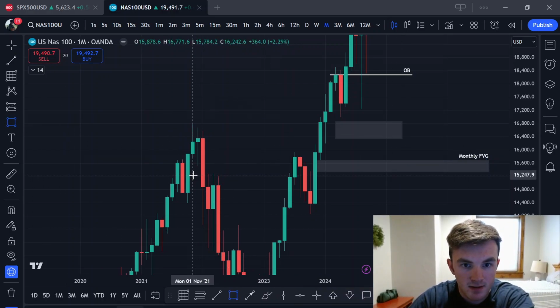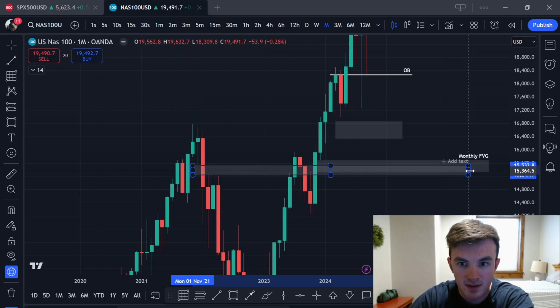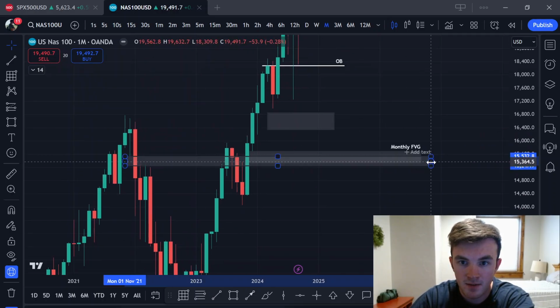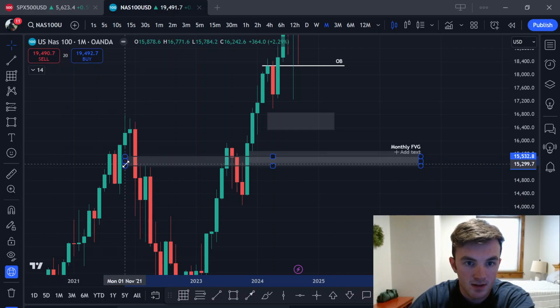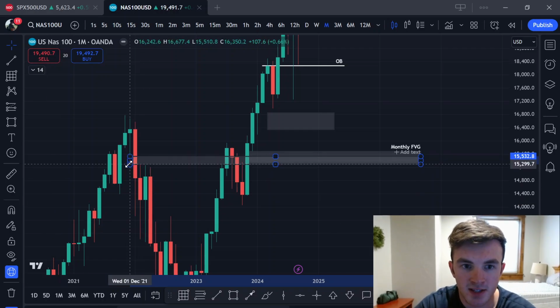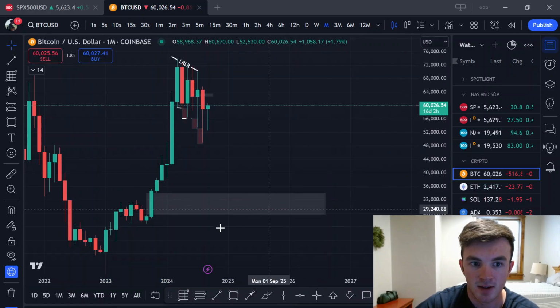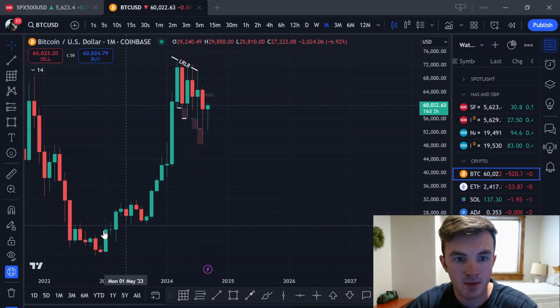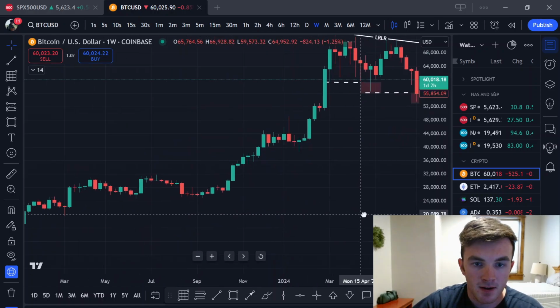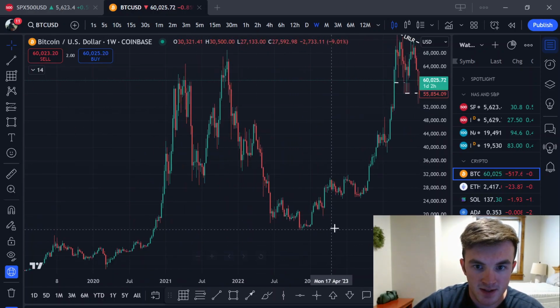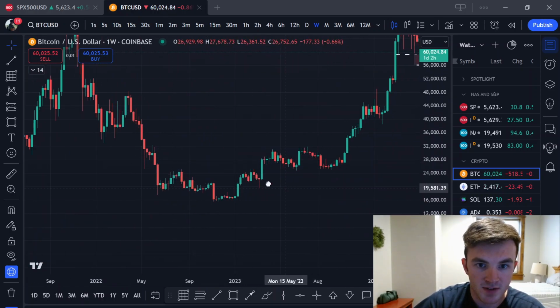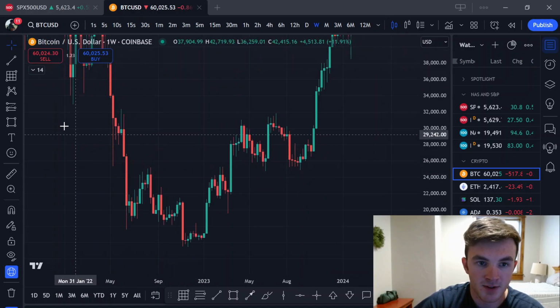And it also aligns with this old bearish fair value gap. Now, I don't really know what that concept is called where you use an old bearish fair value gap, but it is super powerful. And I'll show you an example on Bitcoin real quick just so you really get the idea of it. I can't remember what it's called. It's kind of different than a BPR. It's like an old bearish fair value gap, but it's like a reverse BPR or something.